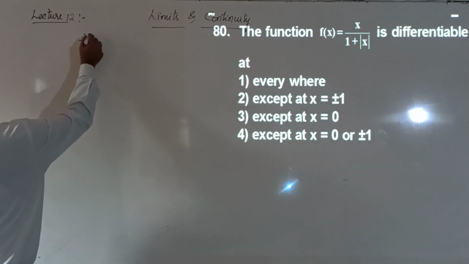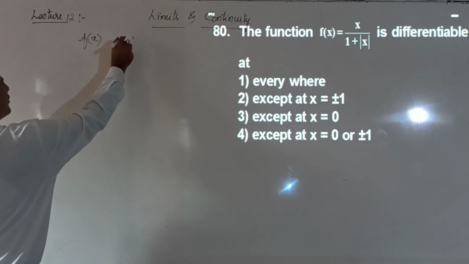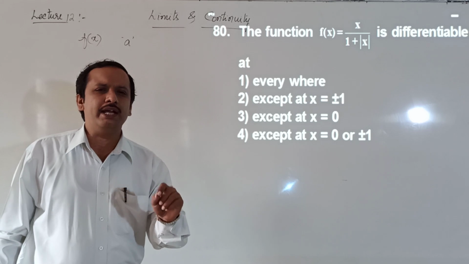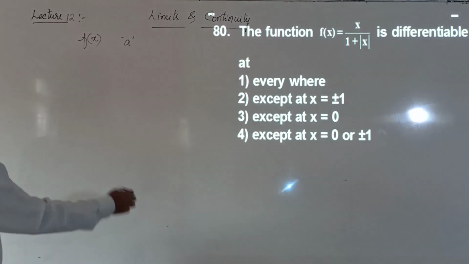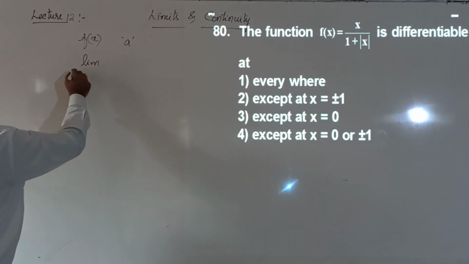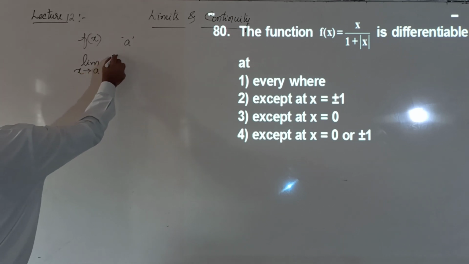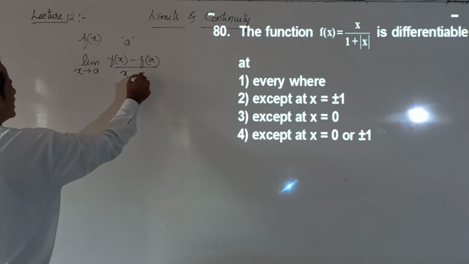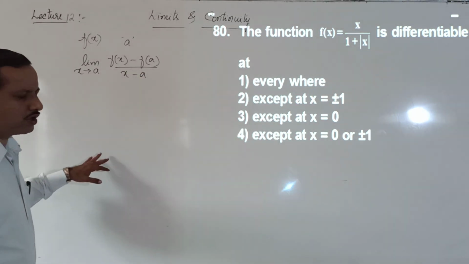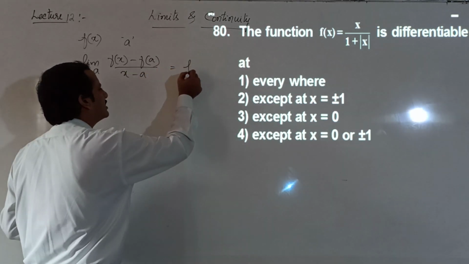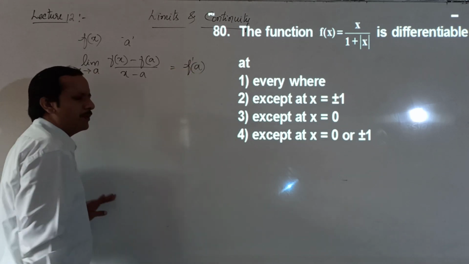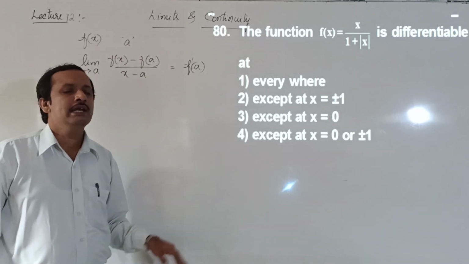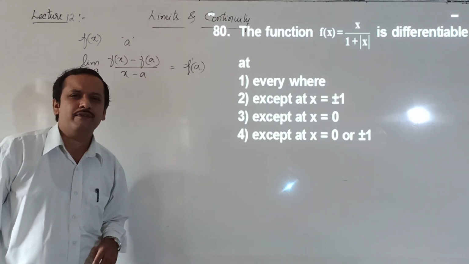Let us say let f of x be any function, and let a be a point in its domain. I want to know whether f is differentiable or not at x equal to a. Then I should find this limit: limit x tends to a of f of x minus f of a divided by x minus a. Check whether this limit exists or not. If this limit exists, then we say that the function is differentiable at that point, and the limiting value of this is called